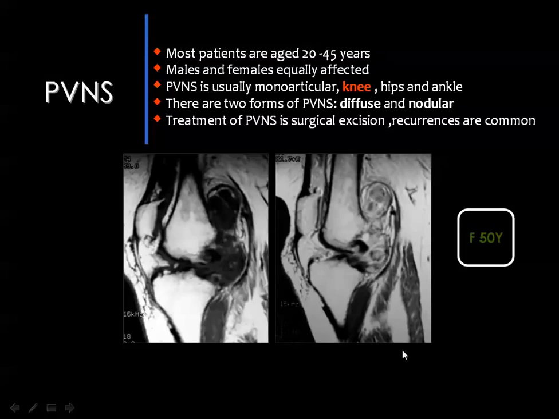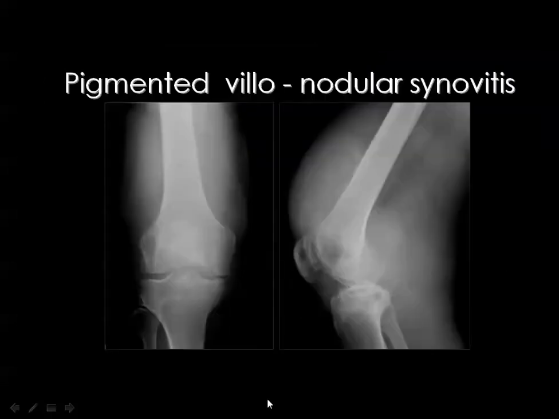And if you inject contrast media, the lesions will show enhancement. And here is an example. You see low signal lesions in the posterior compartment of the knee as well as anteriorly, and after contrast injection you can see enhancement of the lesions. As I have said, in advanced cases of pigmented villonodular synovitis, you get erosive changes of the articular surface, and